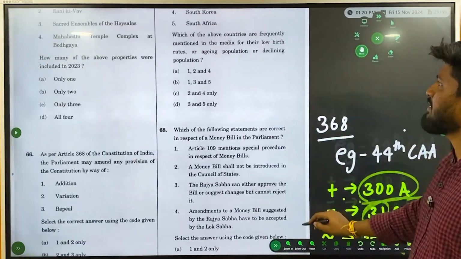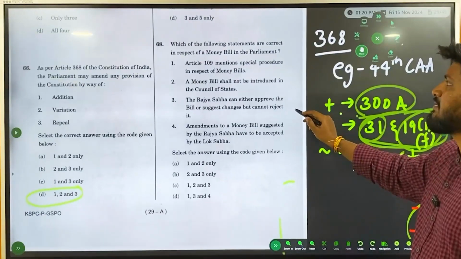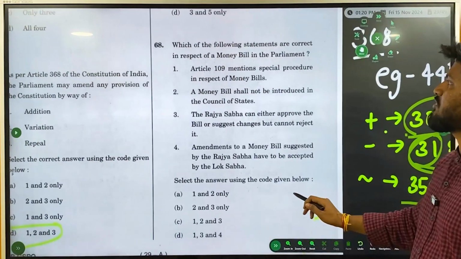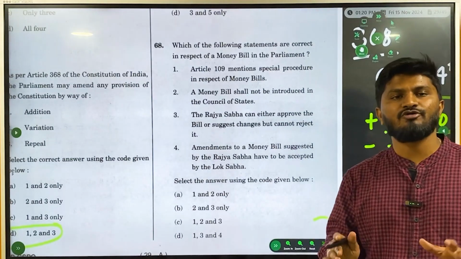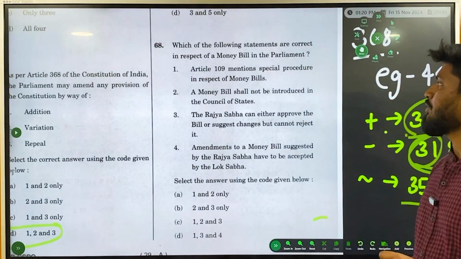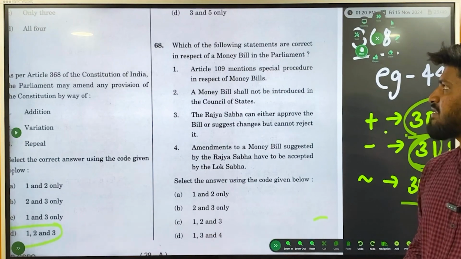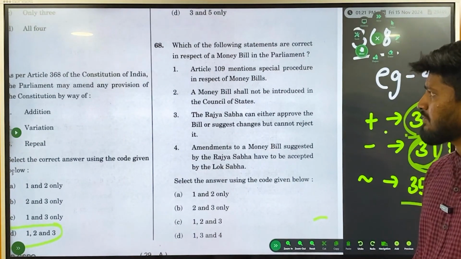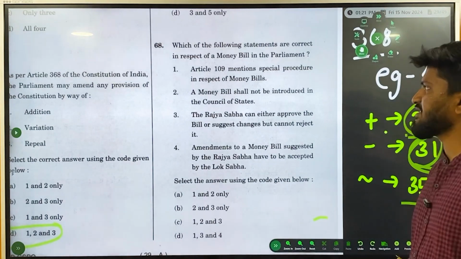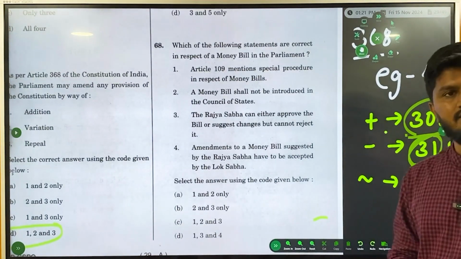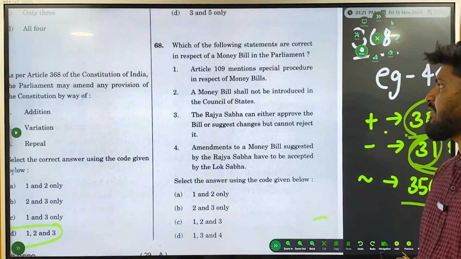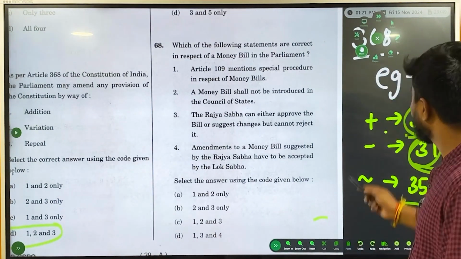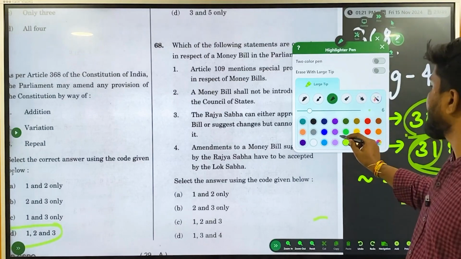Now moving on to the second question of the polity part, question number 68. Question number 68 is about UPSC's favorite topic, that is the money bill. Consider the following statements with respect to money bill in the Parliament. Statement 1, Article 109 mentions special procedures in respect of money bills, that is correct. Statement 2, money bill shall not be introduced in the Council of States, that is also correct, because UPSC is playing a trick with